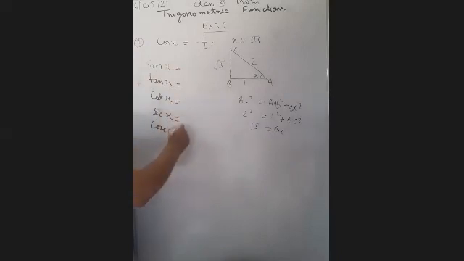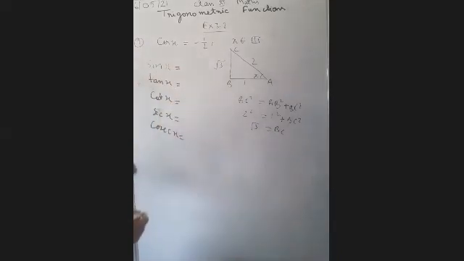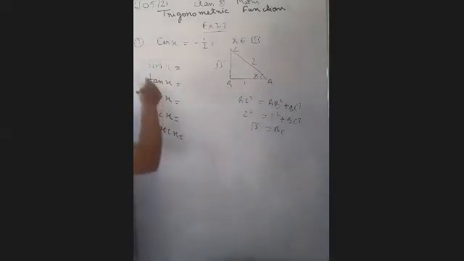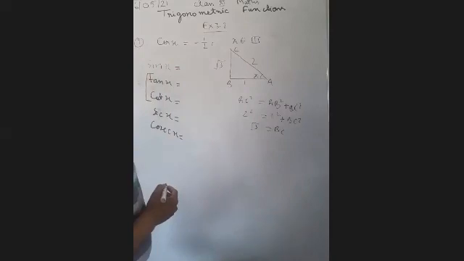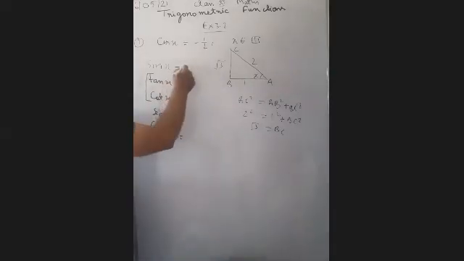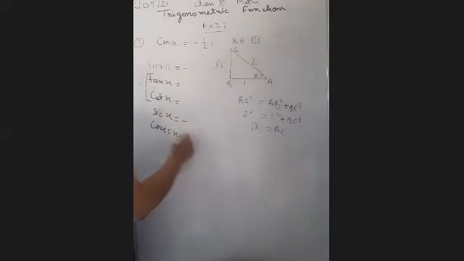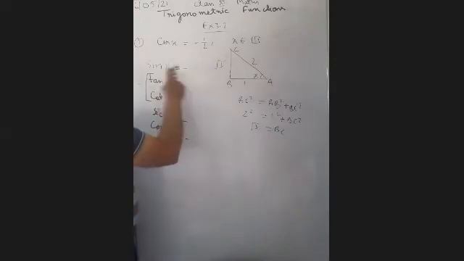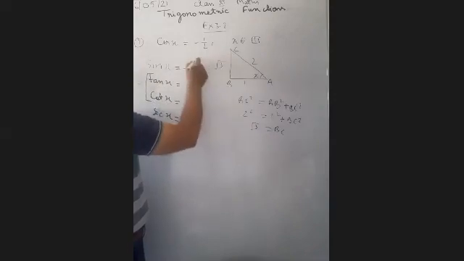Okay. First you try to find out in the third quadrant which terms are positive. Tan theta and cot theta are positive. Whatever we have written, in the first quadrant all are positive. In the second quadrant sin x and cosec x are positive. In the third quadrant tan x and cot x are positive. So you have to take their sign as positive, otherwise the remaining ones you have to take with a minus sign. So sin x is equal to perpendicular upon hypotenuse, so the answer will be minus root 3 upon 2.